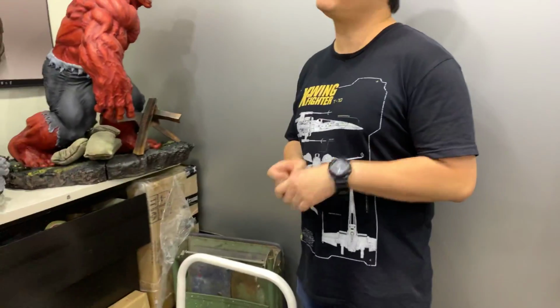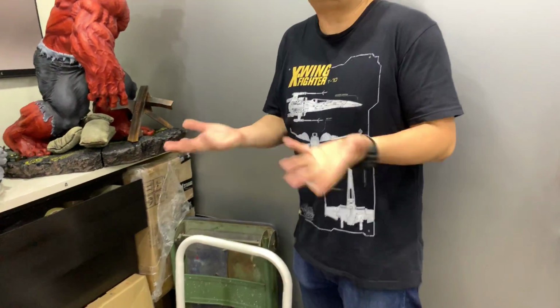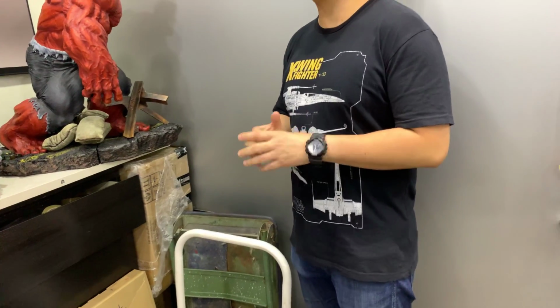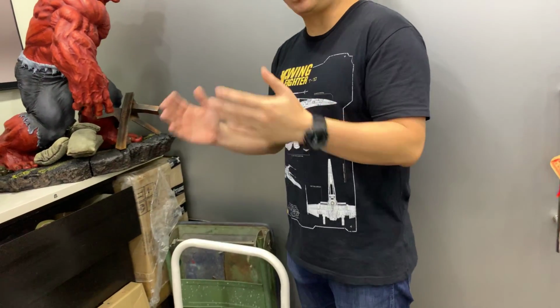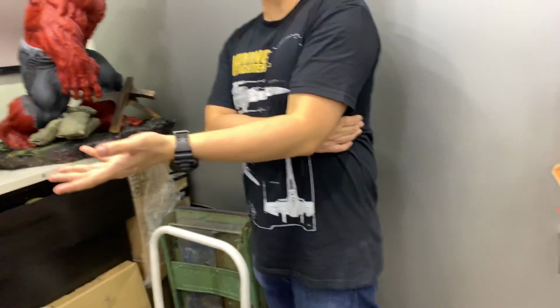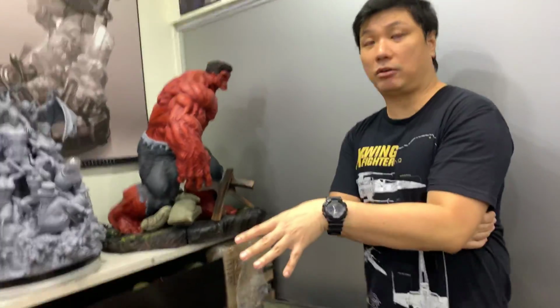We used the original concept that had even more arms because we wanted to show how he's the living computer in a way, so he could just create everything mechanical, and the base was a lot more elaborate as well. But we realized it makes the whole thing big, and it means a bigger box, bigger shipping, heavier cost. It's not on the same level as, say, Thanos, so we didn't want to put too much complexity in it and create a much more expensive product. So we decided to simplify it a little bit